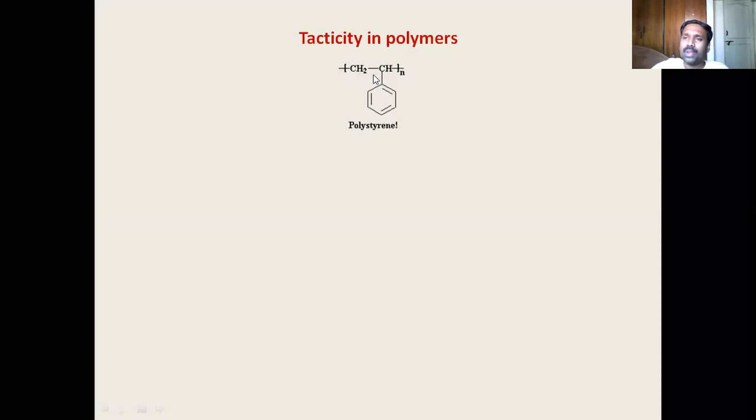But how many such chiral centers are there in a linear polymer, for example? Too many. And maybe accidentally you select a chiral center which is exactly at the middle of the chain, where the 2 alkyl chains are of the same length, only then it becomes achiral. But even then, there can be a single achiral carbon atom in the entire chain. Rest all carbon atoms which are attached to the phenyl group are chiral.